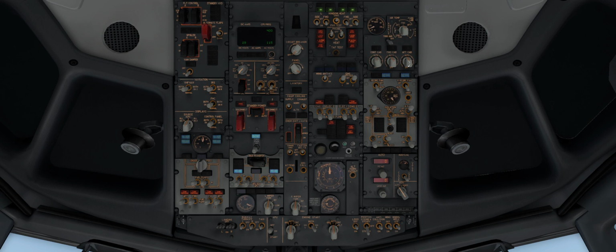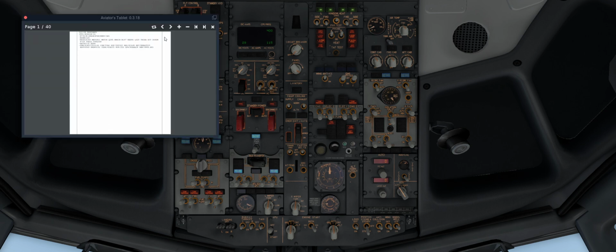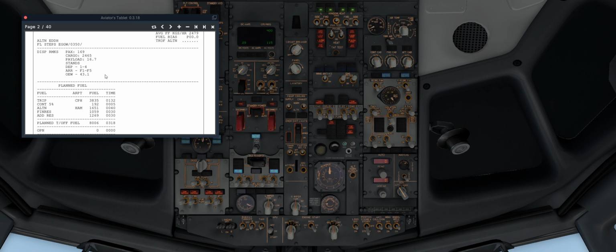Trim air can come on. Cabin set. Packs can go to auto. I like to put the APU bleed on at this point because you're definitely not going to forget it. And our initial setup, we can have a look at our cruise, and I'll try and zoom this